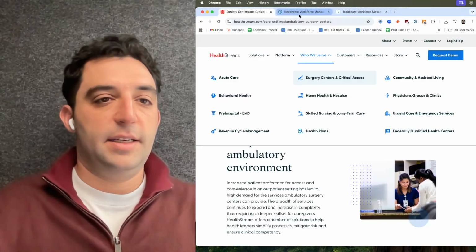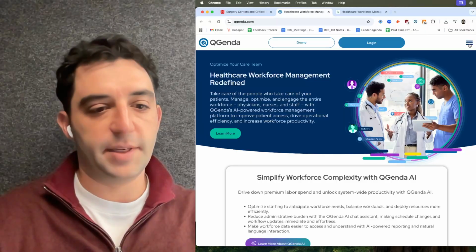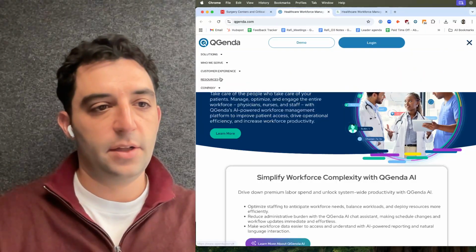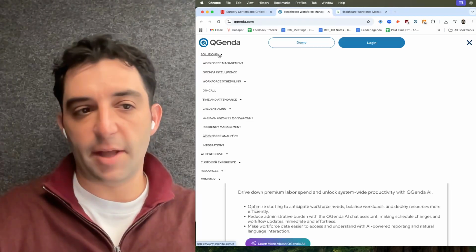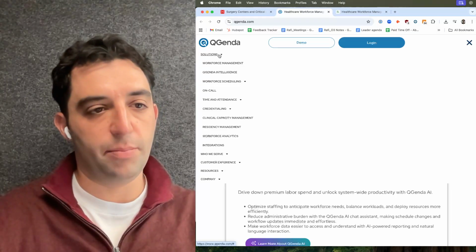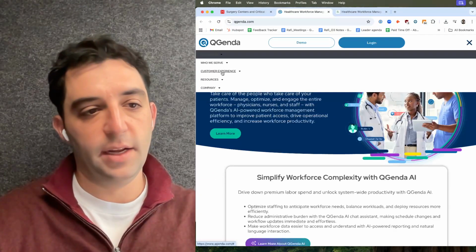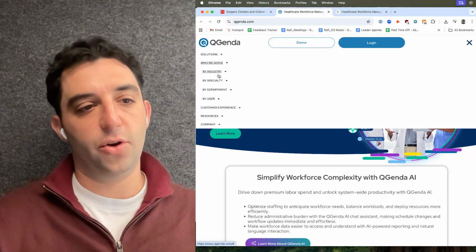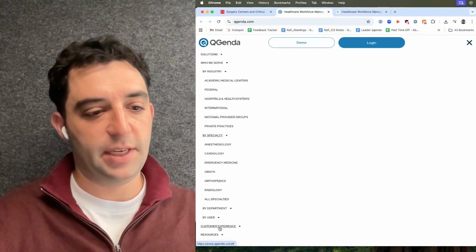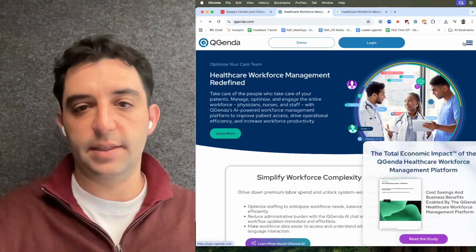To take this a step farther, I wanted to show you guys Qgenda. So on Qgenda's website, and it looks like the menu's just gotten smaller based on the screen size here. So some things about their menu, similar sort of solutions approach. They did not go the route of building out a specific mega menu style, which is fine. The thing I really like about what they've chosen to do is they actually divided their who we serve by industry, specialty, department, as well as